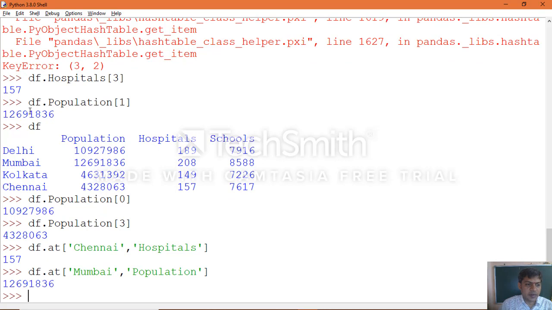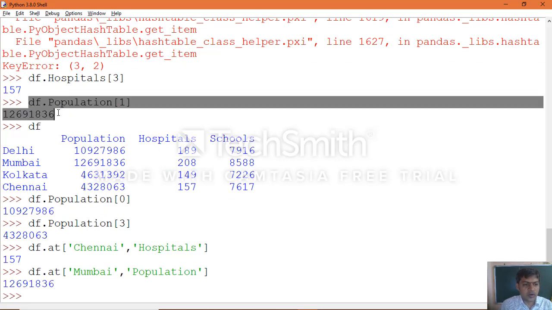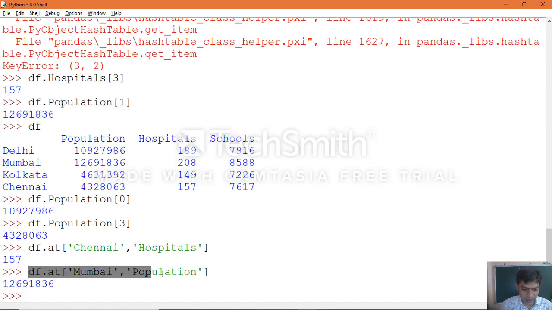Earlier we applied the object name dot column label of row index 1, and the same output is what you get now when you apply the at attribute of the data frame object. The syntax we follow is df.at of row label comma column label.